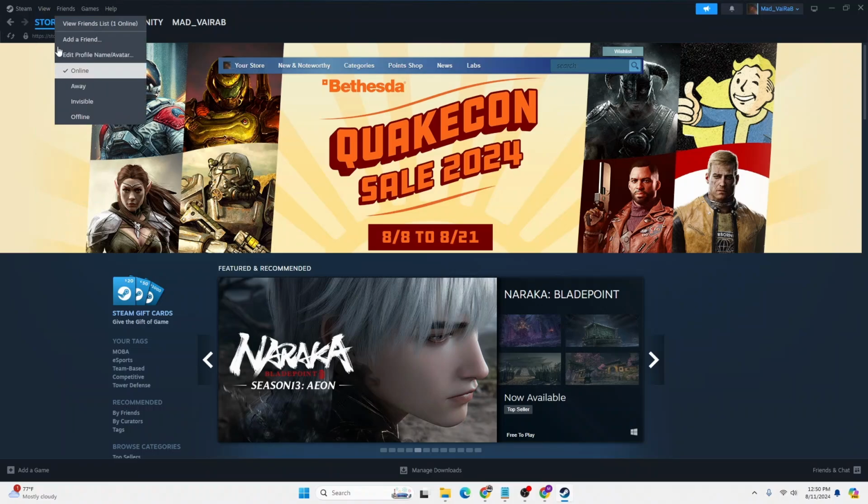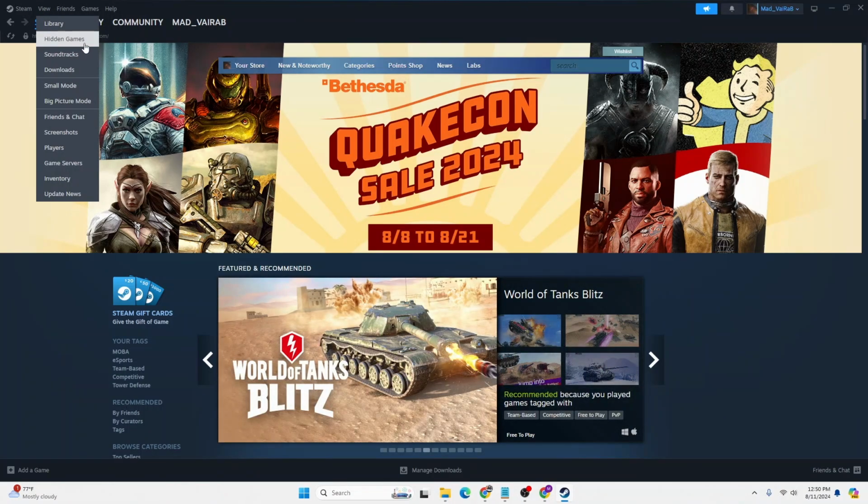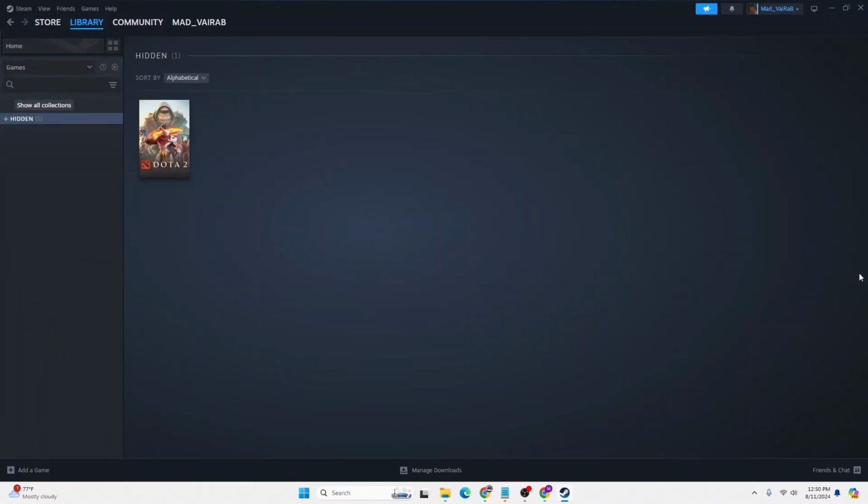And when this menu appears, guys, you can see the hidden games option available for us just below the library. Click on hidden games and you land on this interface where all of your hidden games on your Steam account will be available for us over here. And with that being said, guys, this is how you will be able to find your hidden games on your